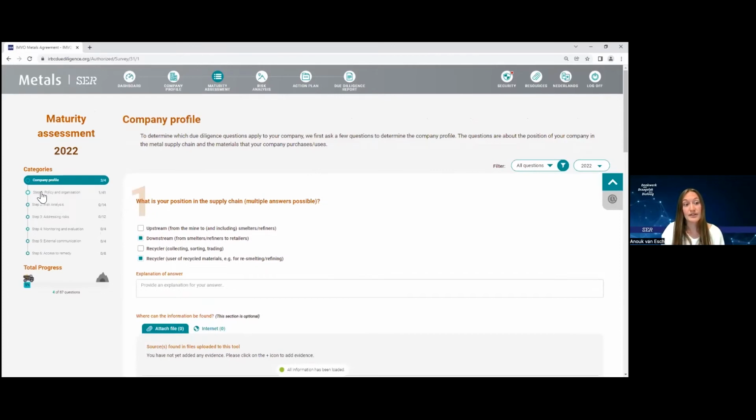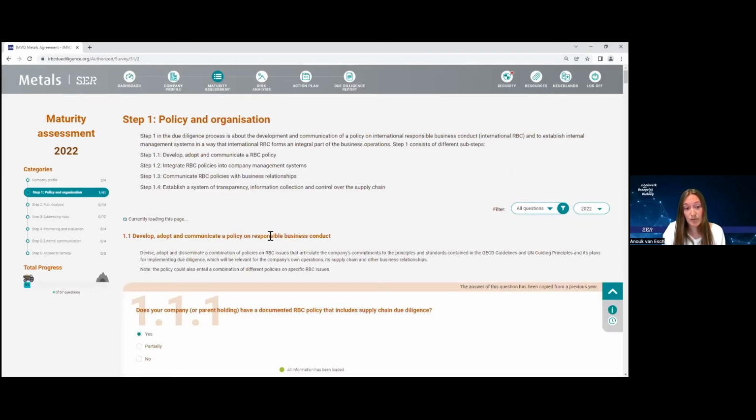And it will cover the 6 different due diligence steps as described by the OECD guidelines. So by answering all these questions, the company will get an idea of what is expected from it by the OECD guidelines. By completing all the questions, it will also get assigned a maturity level. Based on that, the company can see what the status is of due diligence implementation. And by filling it in every year, it can also see the progress it makes. So our aim is to support companies that are members of the agreement to reach full maturity within 5 years.